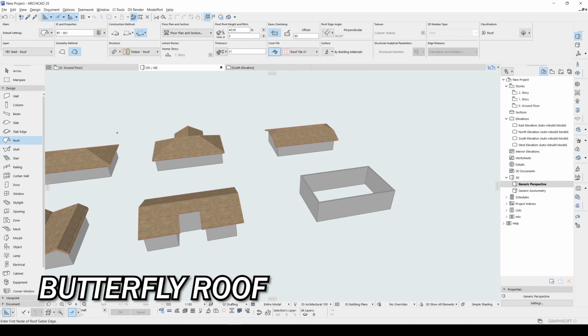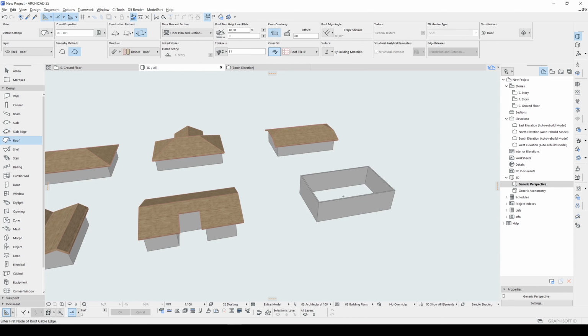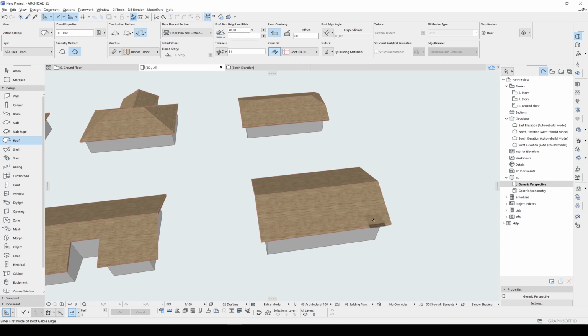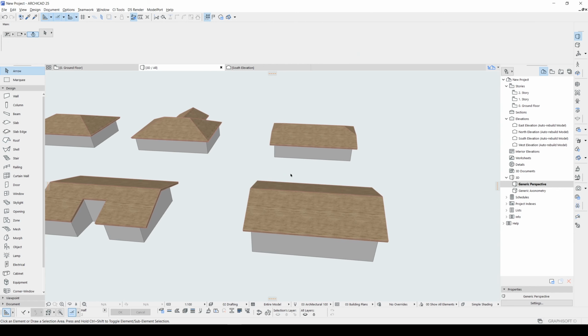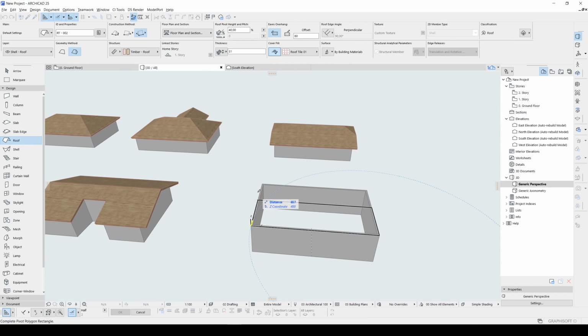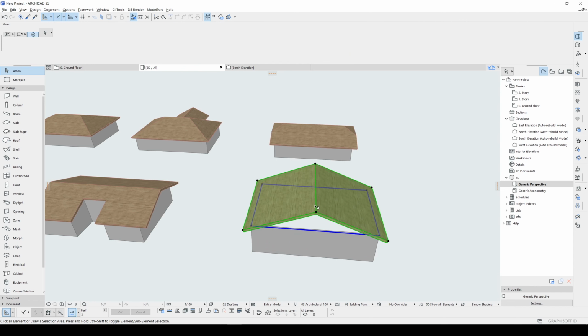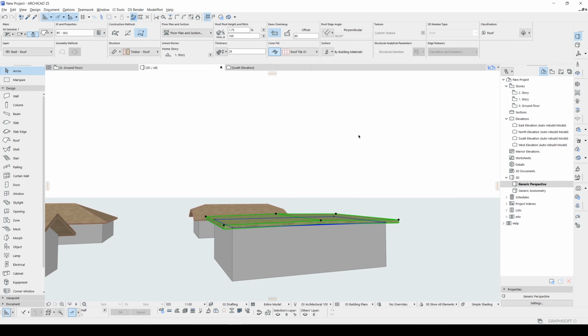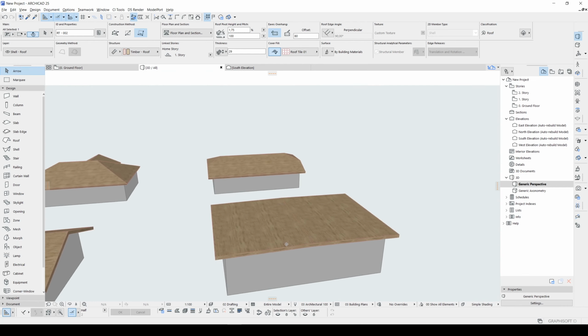Next one will be butterfly roof. Let's click roof and we will use this hip gable again. Something like this, but we can change the direction, maybe to this direction, and you can change the slope from here. Let's hit the minus 40. But as you can see, it's not working.